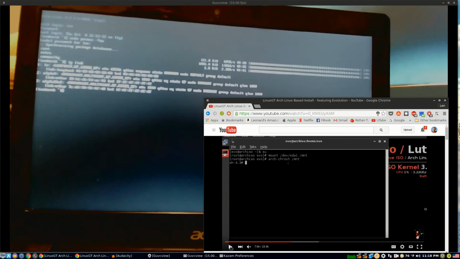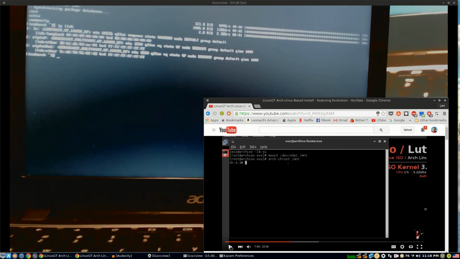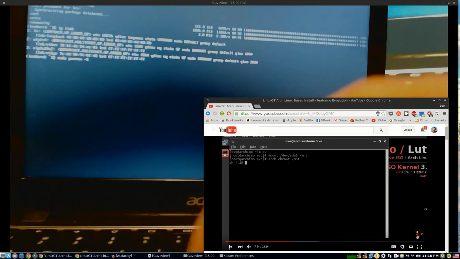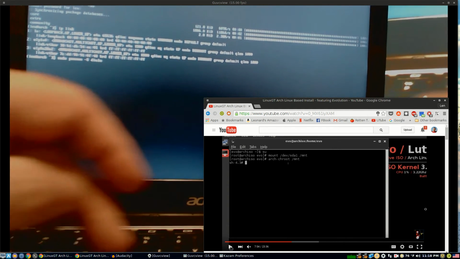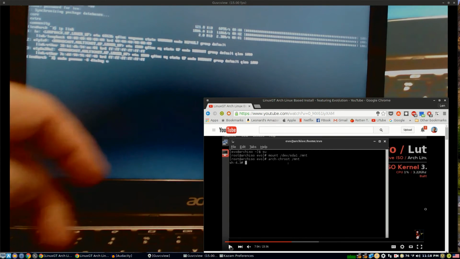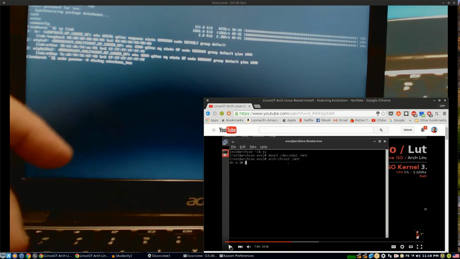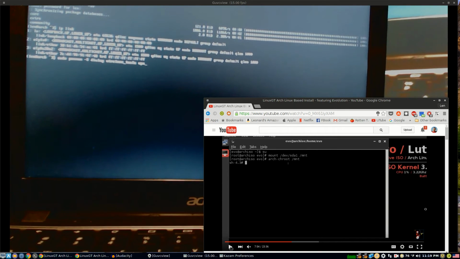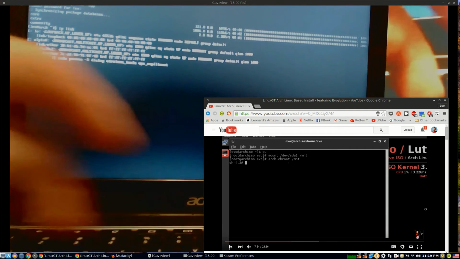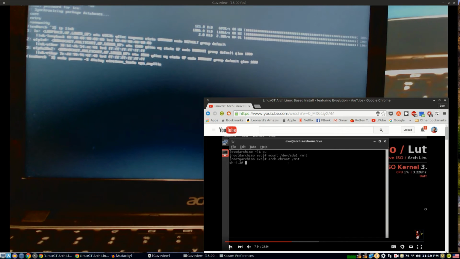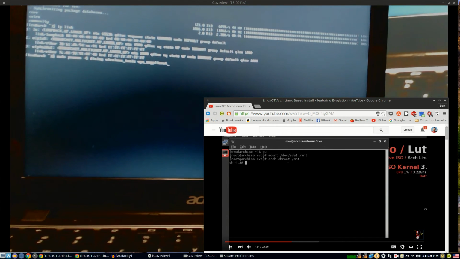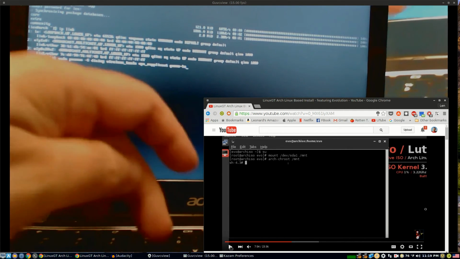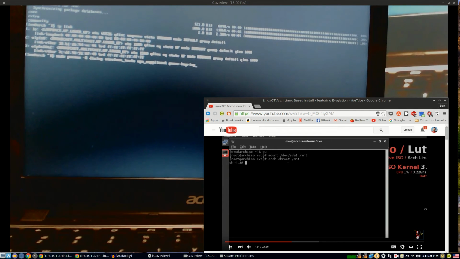And what you want to do is type sudo pacman -S dialog, wireless_tools, wpa_supplicant, and I would also do gnome-keyring, because that hung me up one time. So once you install those,